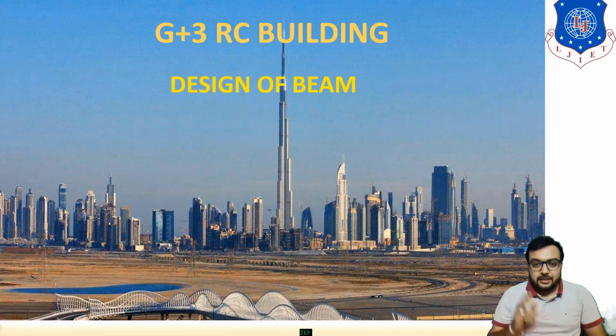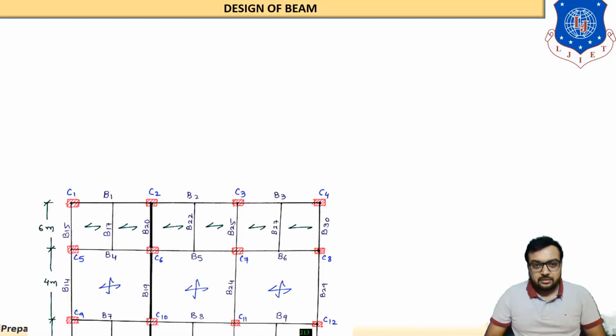And in a Doubly RC beam the reinforcement is provided at the top as well as at the bottom. Means we have to find out ASC, area of steel in compression, and area of steel in tension. Whenever our MU, the ultimate moment, is greater than MU limit, then the beam is designed as a Doubly RC beam. So now we are moving further.